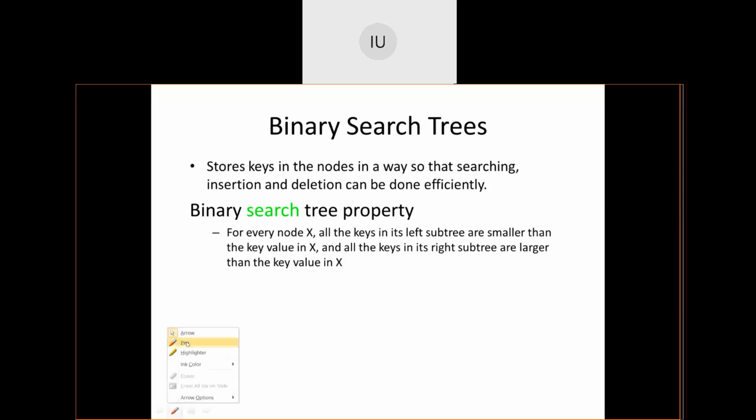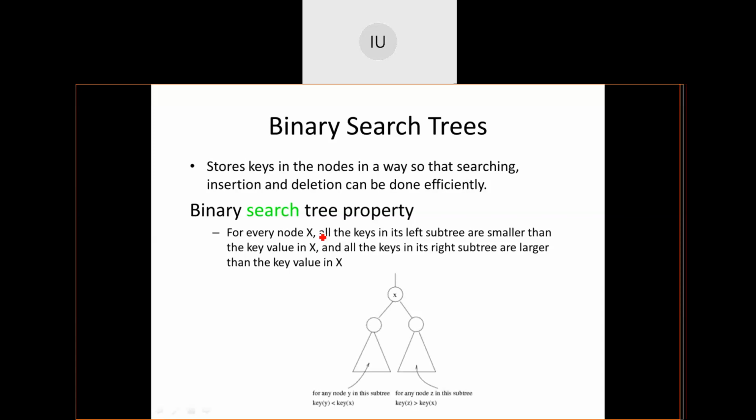Normally we have something called a root node in a tree. That root node is taken as a comparative element with which we will be storing the other elements. It holds like this.